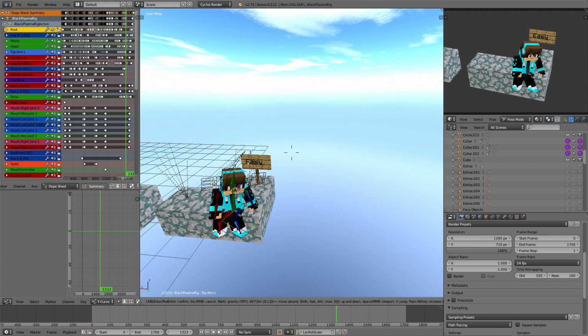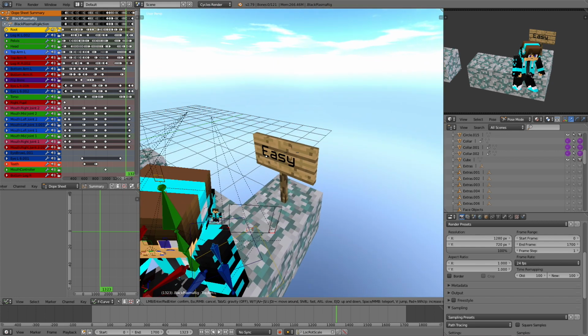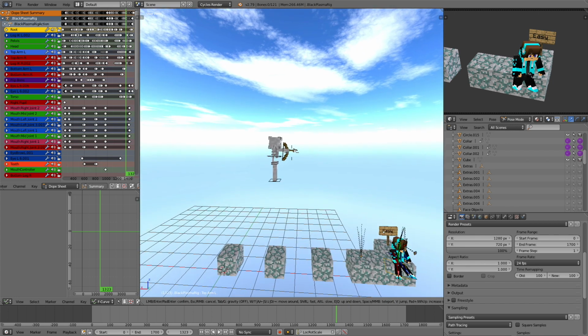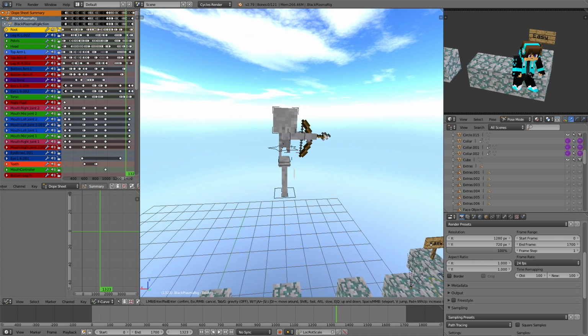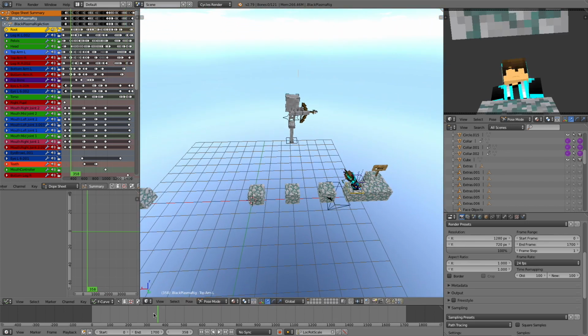I made the sign. The sign wasn't that hard, actually. You just needed to know how to put text onto something, and then you needed to find a font for that. Oh, and this skeleton guy, I actually made a mistake in the movie because I just left him here throughout the whole time, not realizing that, at the very beginning,